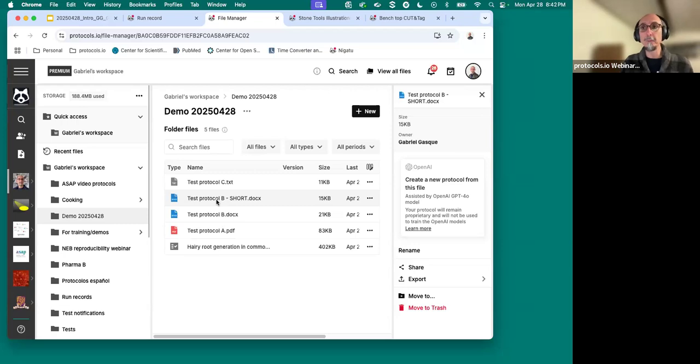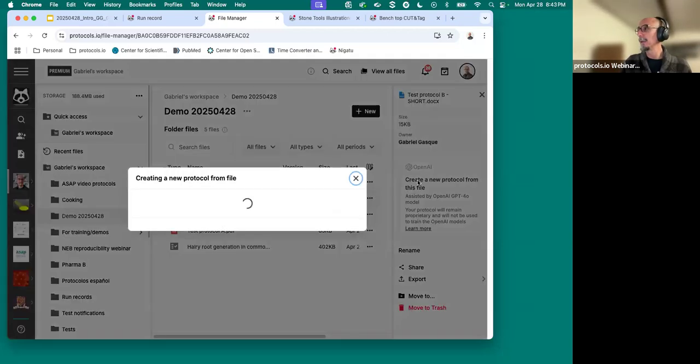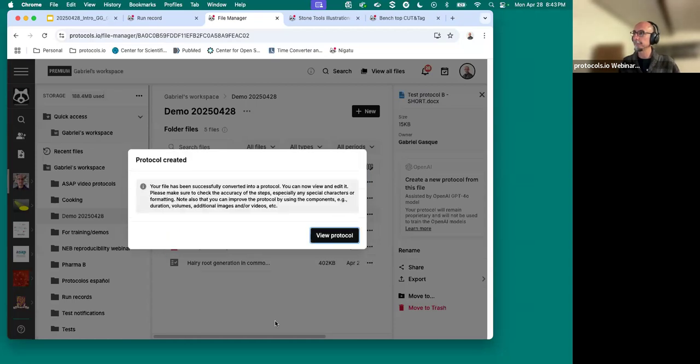So I select the Word document or the PDF that I want to convert. I create a new protocol from this file using AI. It is working. And now the protocol has been created.